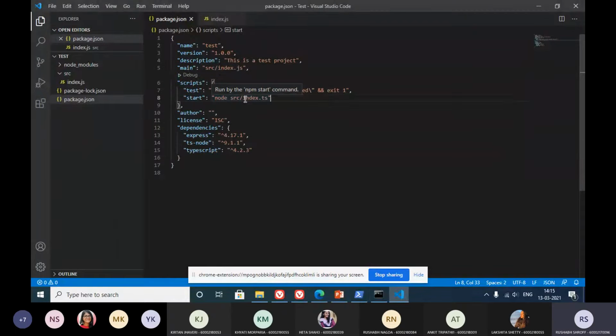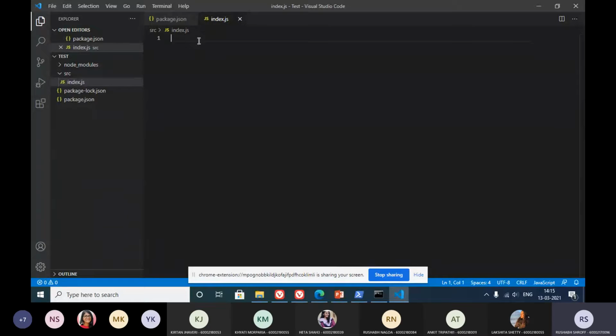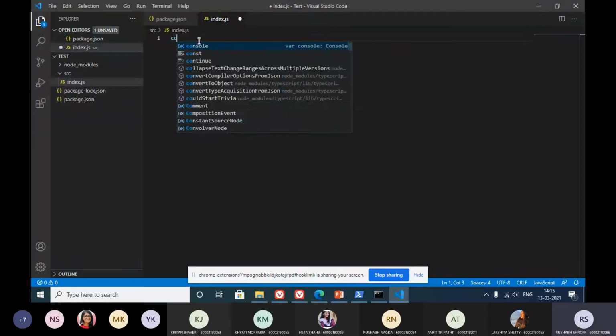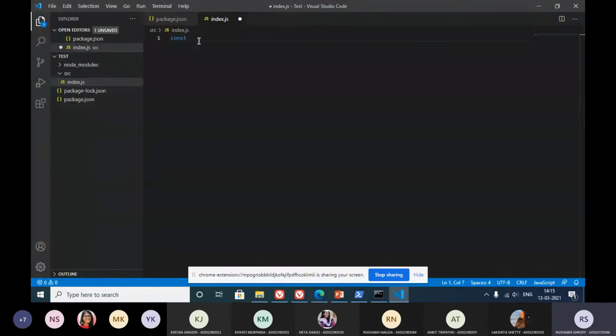So now Express is installed. Next, we have to import it over here. To import a third-party package or module that we haven't created, the syntax remains the same. We import it like a const or a var or a let, whatever you want to use, that's fine. But I would suggest that you use const so that you do not accidentally reassign that variable.